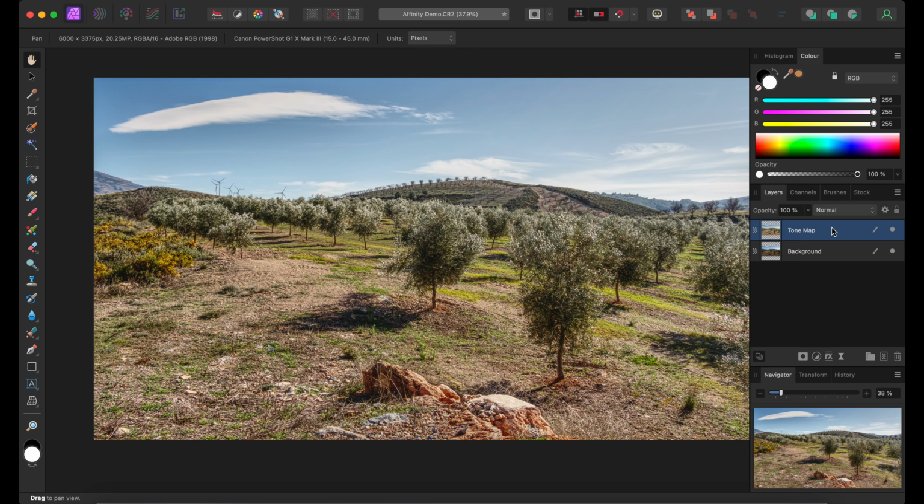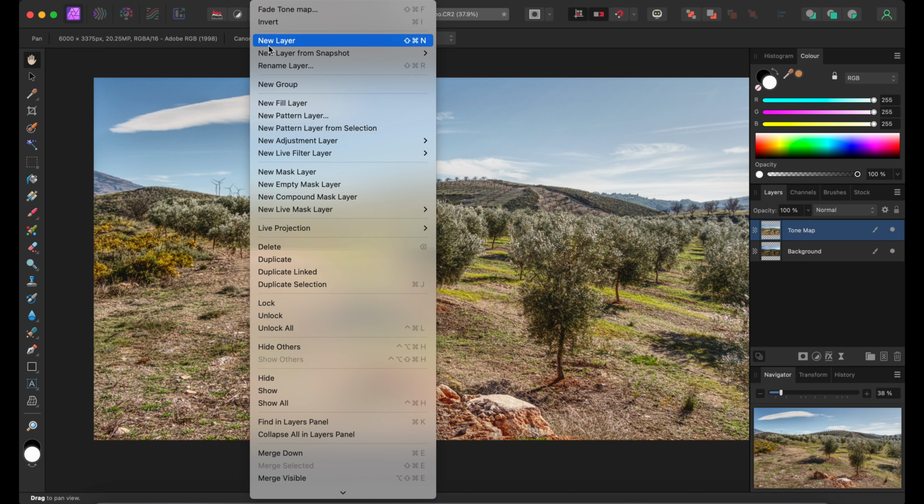Right now, when I apply a mask, it's going to restrict the effect of this tone map, and that's the reason we made a copy, because after I've applied the mask, some of this layer is going to become transparent, and I'll show you that in a second, because that's the nature of masks. You're viewing from the top and you drop through to the background layer. So we needed this tone map layer in order to carry out the adjustments. So let's apply